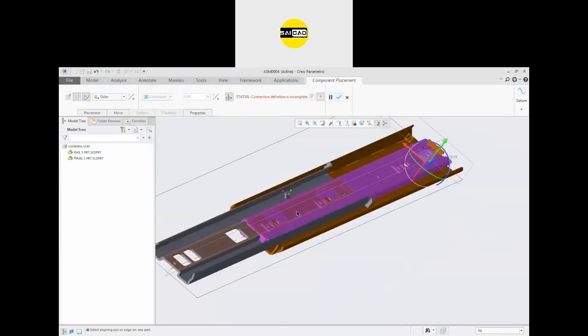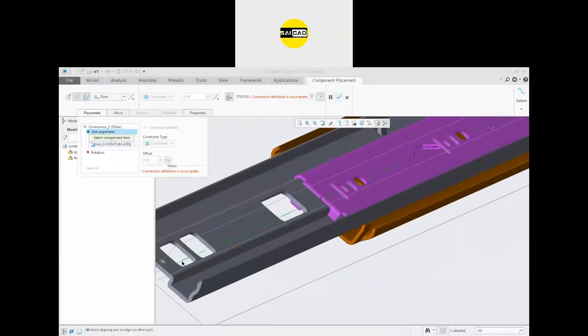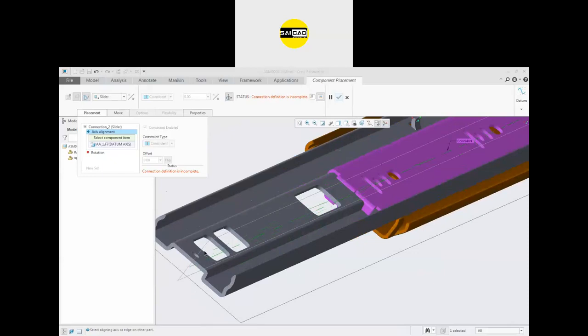We can also use the axis now for the slider. So we have to create another axis. We have to create basically two axes in the center.